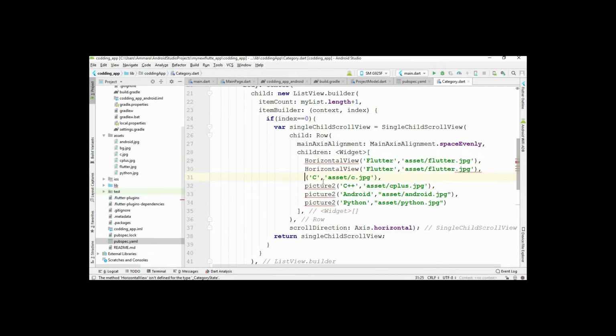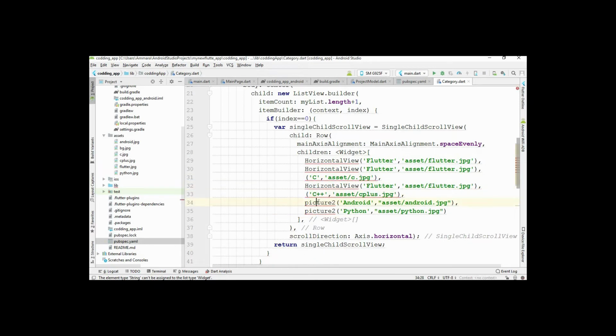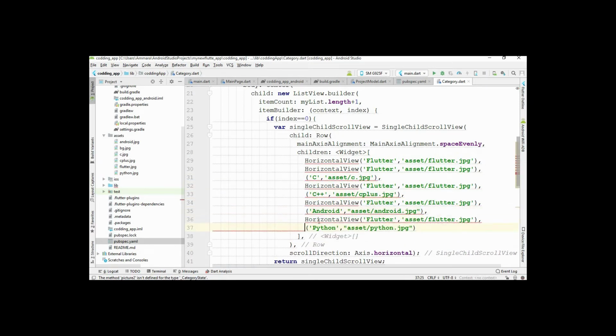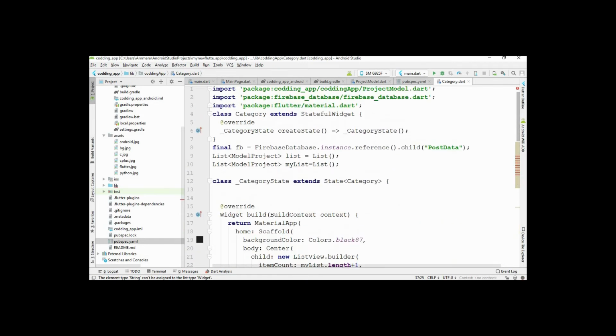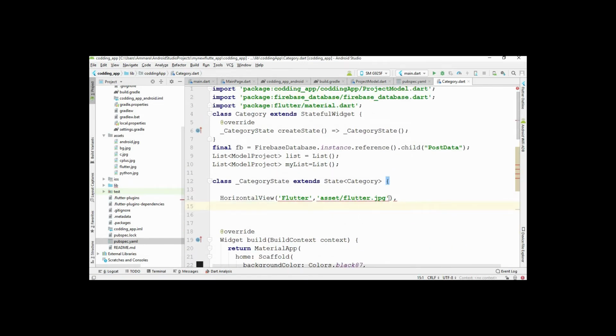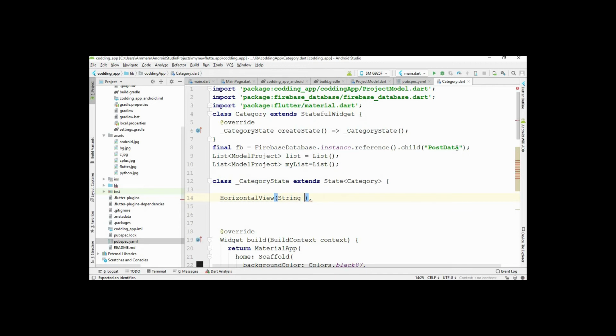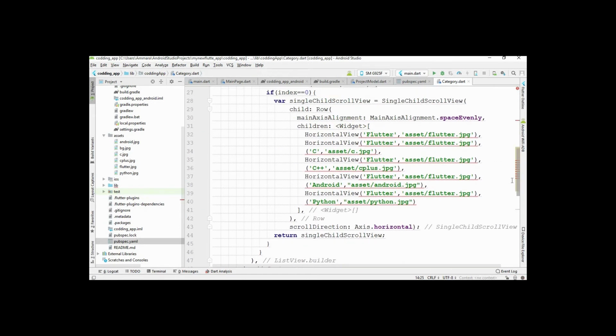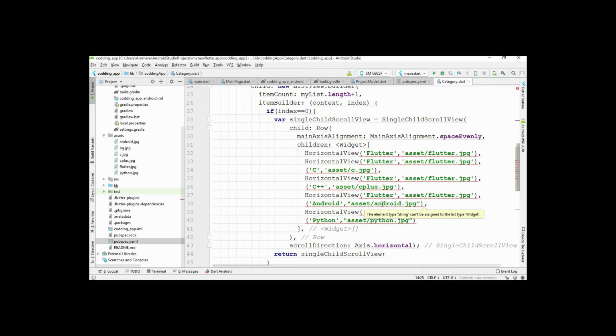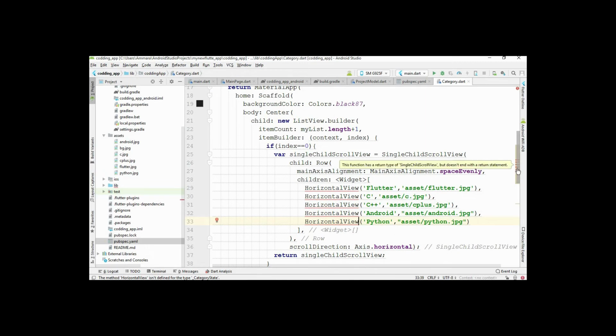Copy this and paste here. And now let's create. I think I made a mistake here. So now it is perfect.